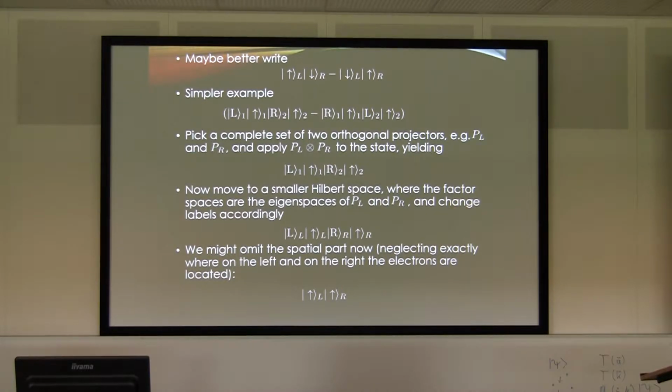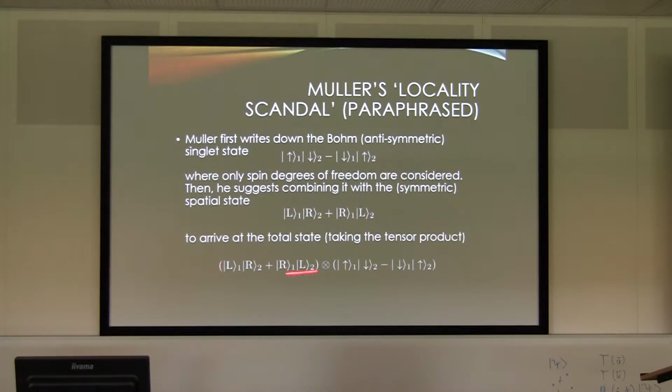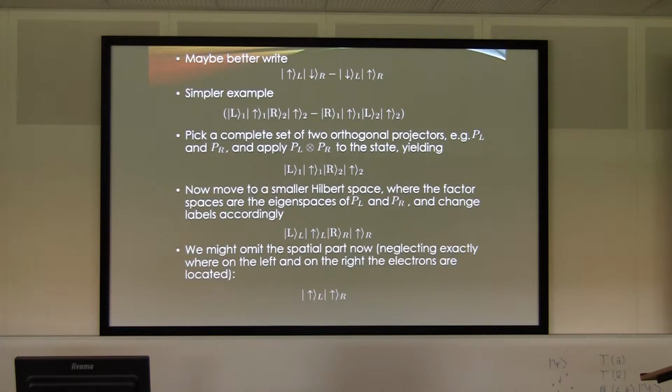But I want to investigate how this representation, with the Hilbert space decomposed into left and right, relates to this representation with the Hilbert space decomposed into 1 and 2, with them both having spatial parts of being left and right. So to do that, I go to a bit simpler state. Here we see a term which says wave packet on the left, spin up, wave packet on the right, spin up, and here it's actually the same, only the labels 1 and 2 are interchanged.